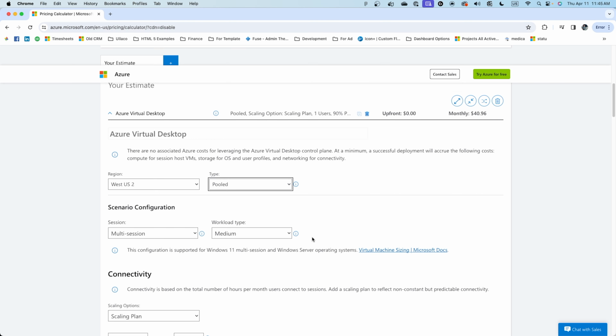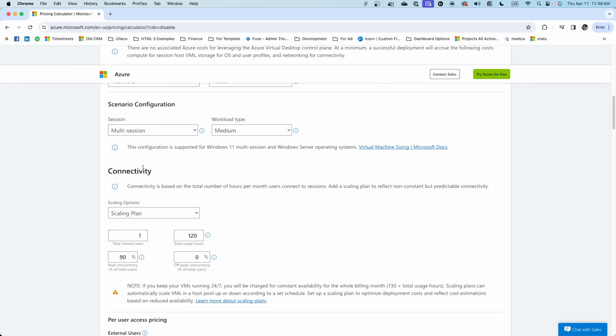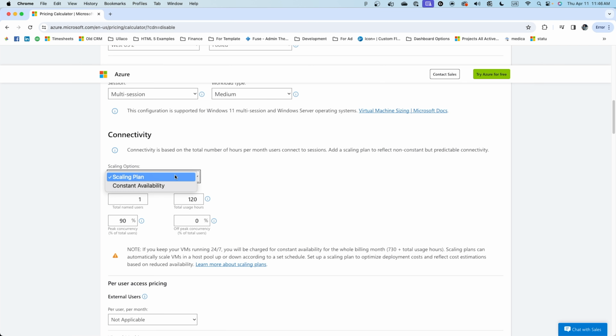to select pooled. The next one, it's going to ask you for the session. So by default, we always want to go for multi-session, and the workload type, because you are going to be a developer, or if you're in a development team, it's most likely going to be medium or heavy. Okay, so now with that selected, the next is connectivity. When we look at the scaling options, we have scaling plan and constant availability. Because we are not going to get this VM to run constantly 24/7, we're definitely going to go for the